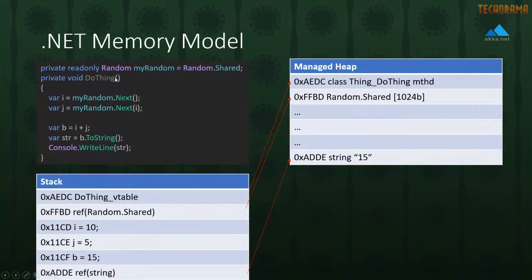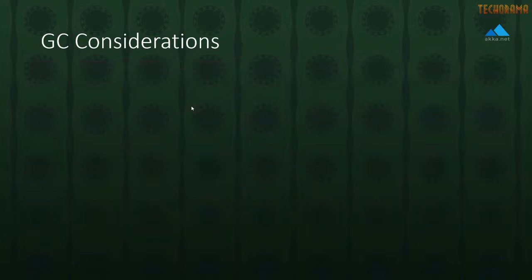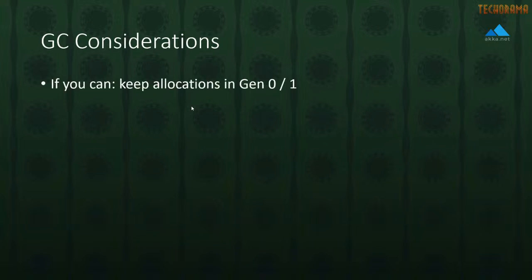Whereas this class that called this DoThing method could be a Gen 0 or a Gen 1 object, dependent upon how it was allocated, how it was referenced, and how it's being used. So this is sort of the gist of what the memory model in .NET looks like. Where this starts to impact performance is basically where the generations of allocations occur. Gen 0 and Gen 1 are fairly inexpensive forms of garbage collection. The reason is that compaction costs are very short. All these objects tend to be allocated together in memory at the top of the heap.